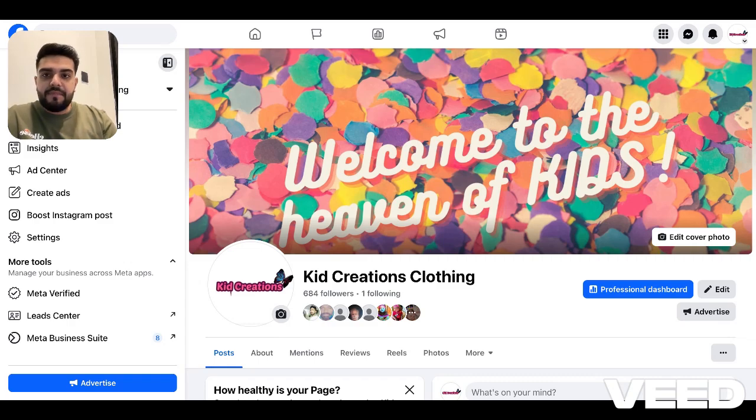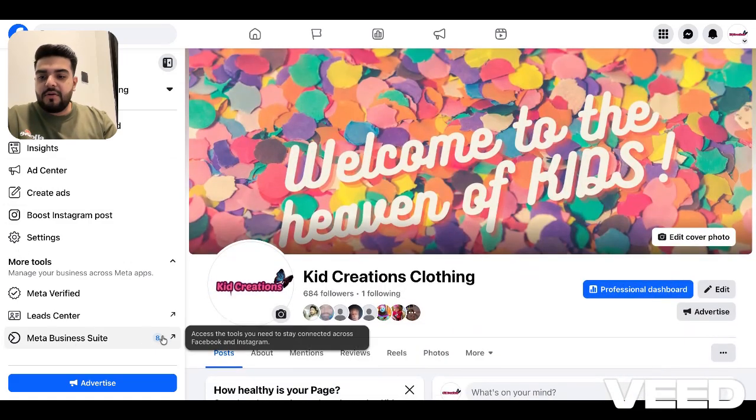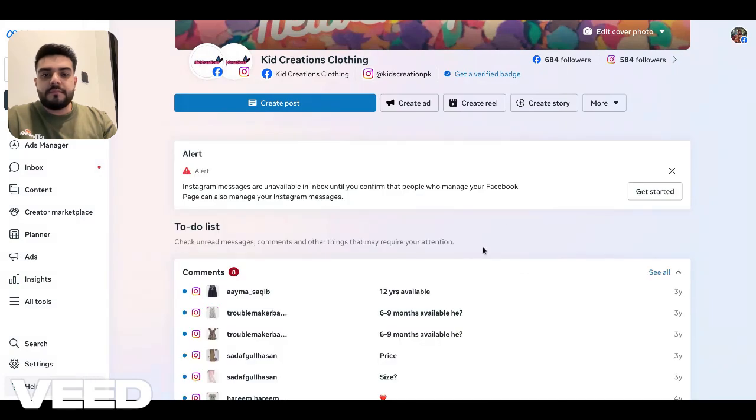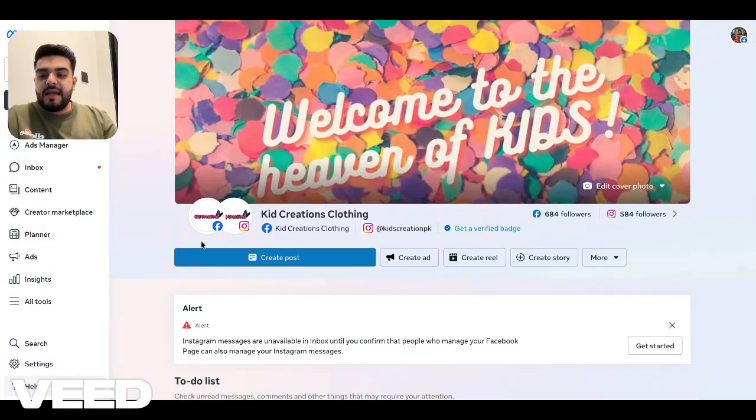So first of all, you have to go to your page, as you can see on the screen, and on the left side, you have to click on Meta Business Suite over here. Simply click on it, and you will be redirected to this page of a Facebook page. And on the left side, you will see this option, which is settings. Click on it,